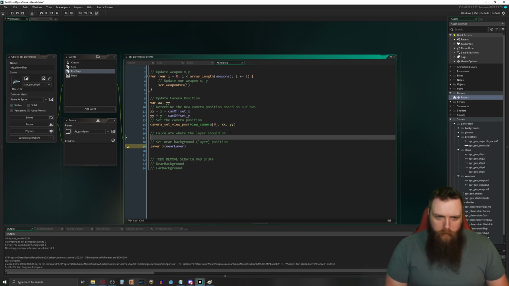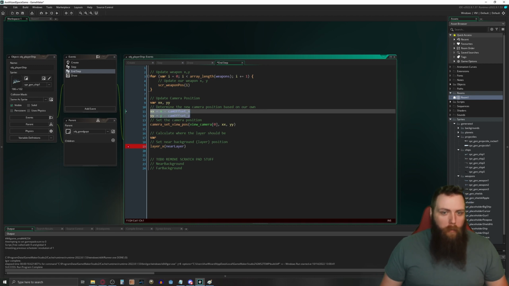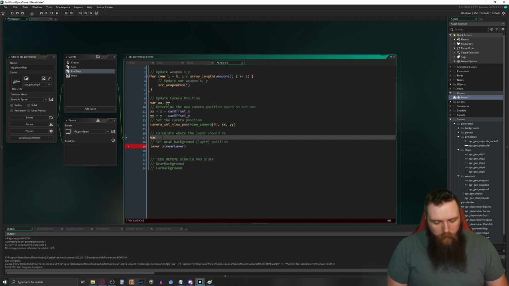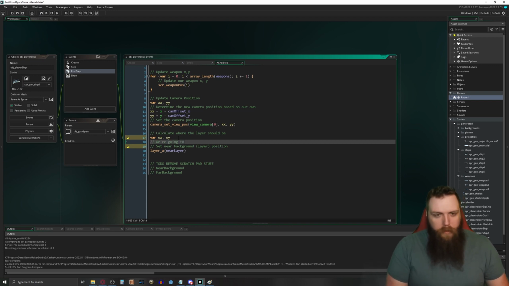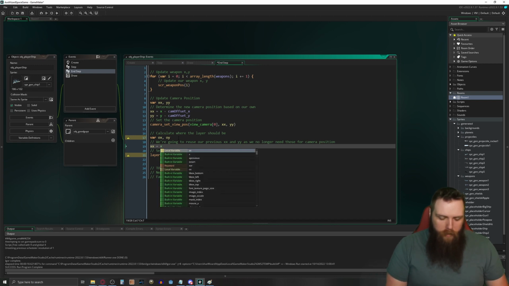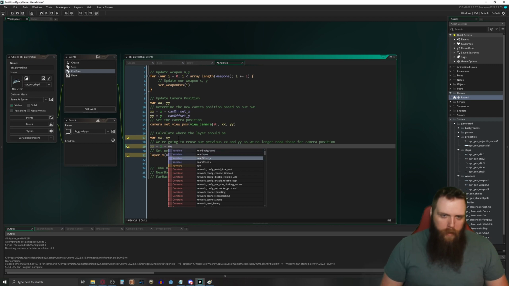So we're going to need to calculate some variables. So var, let's see, we're already using XX and YY up here, but we're done with those variables. So technically I can reuse those and set those to a different value. So I don't need to declare more here. But what I do want to declare is OX, OY for offset X and Y. And we're going to reuse our previous XX and YY, as we no longer need those for camera position. And we're going to say XX equals my x minus near offset x,